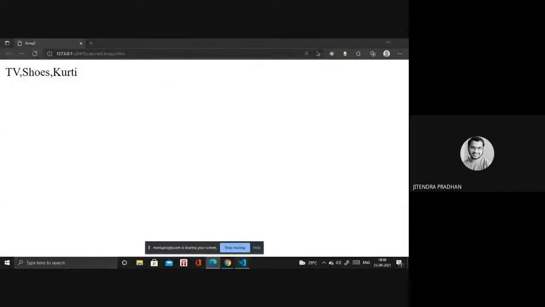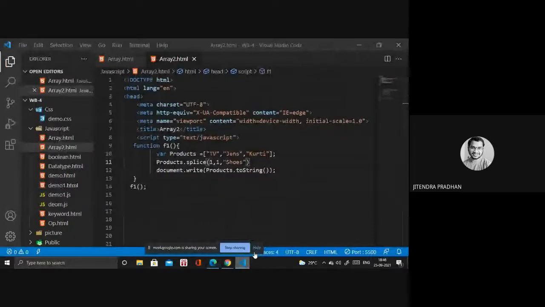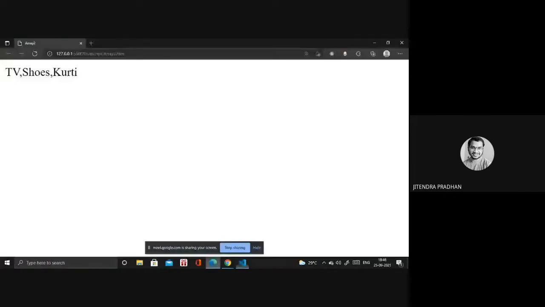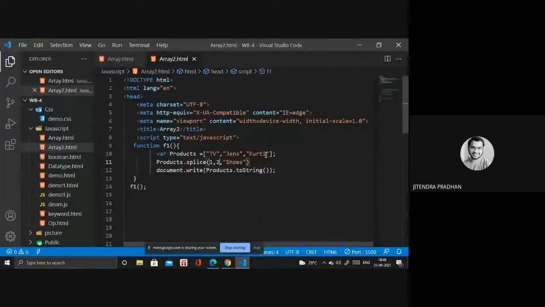So what is deleted? Jeans will be deleted. It is not there. Okay. So we said in the one position, I want to delete that particular gents. If I write two inside, it will delete two, after that means kurti as well. It will be deleted, kurti as well.